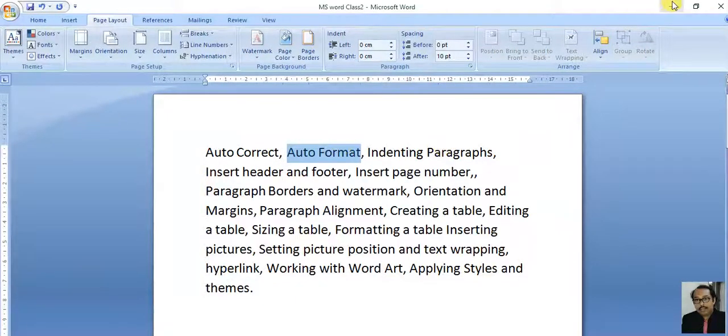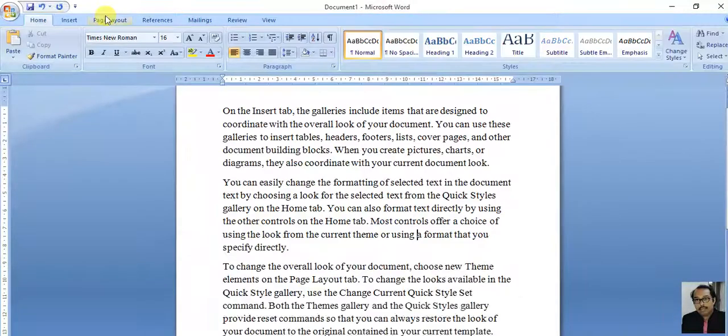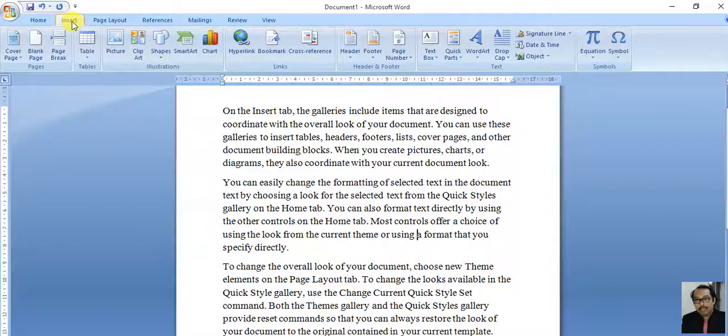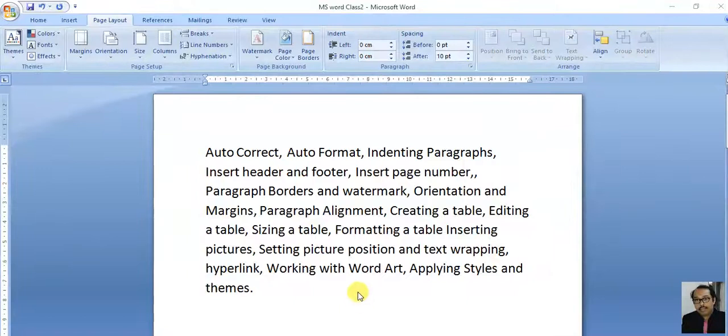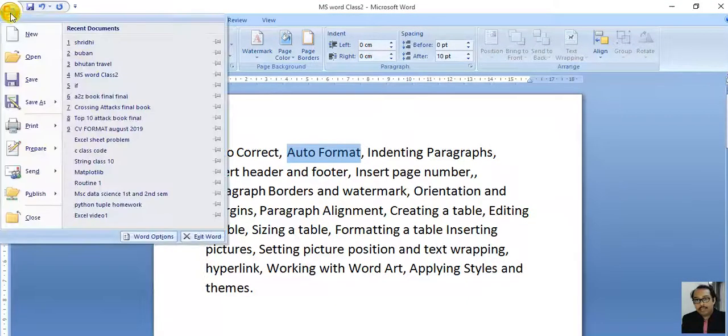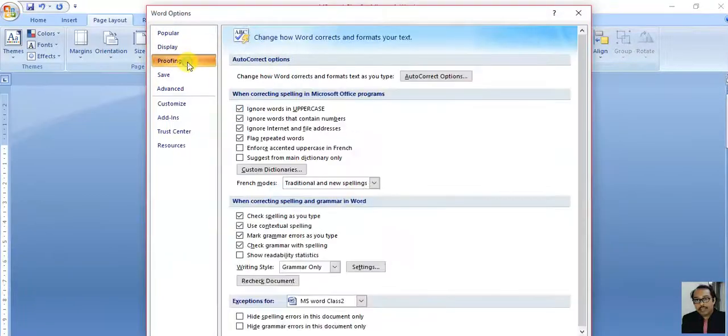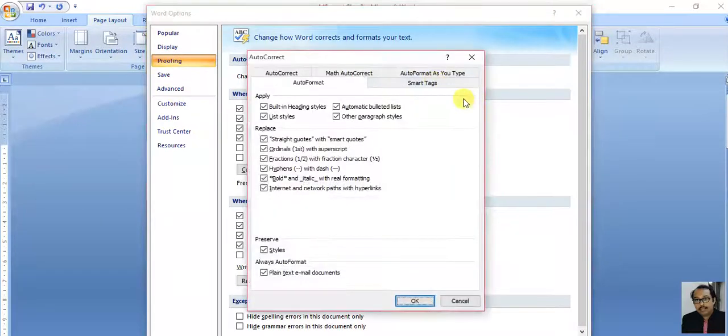Okay. Next one is auto format. How to check this auto format? The same steps. Go there, click on options, proofing, autocorrect option. You'll find there is an option called auto format. Now these are the things.